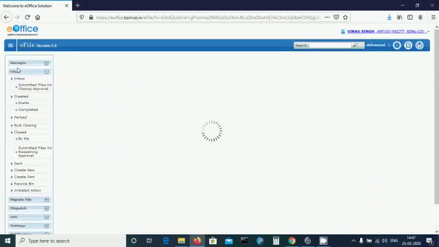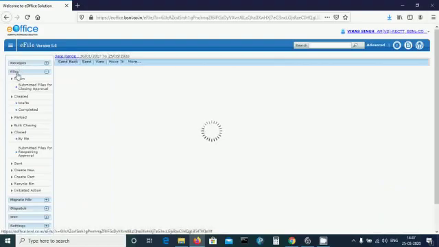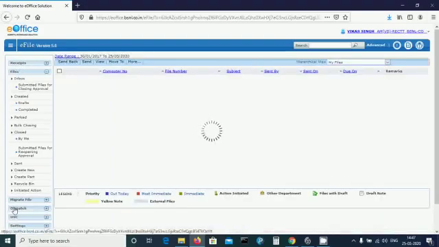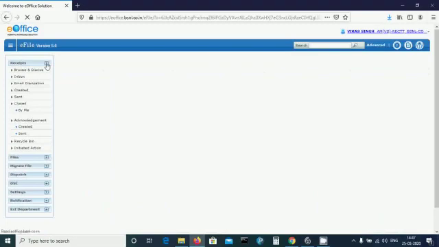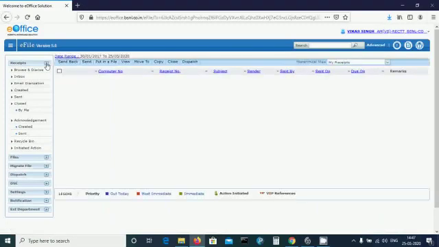There are three important sections of a letter, namely the receipt, files, and dispatch. We will discuss them in detail. Receipt. Once a document or a letter is diarized and a unique receipt number or diary number is allocated, it becomes a receipt. In the receipt section, we open Browse and Diarized.